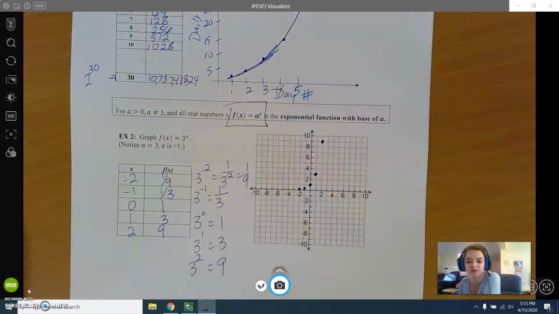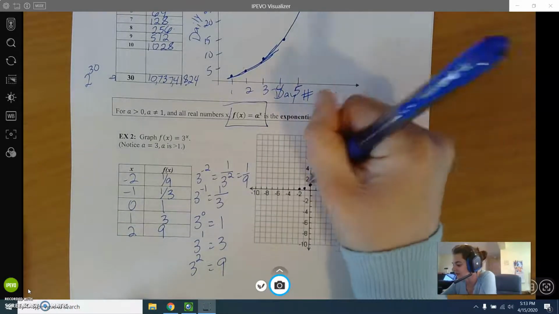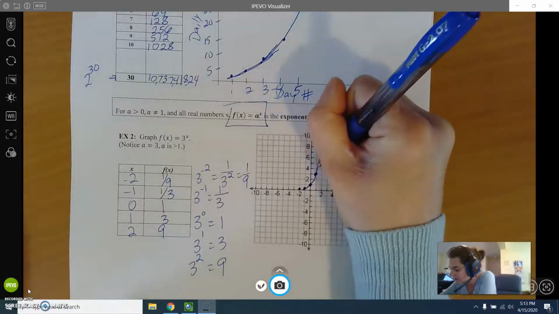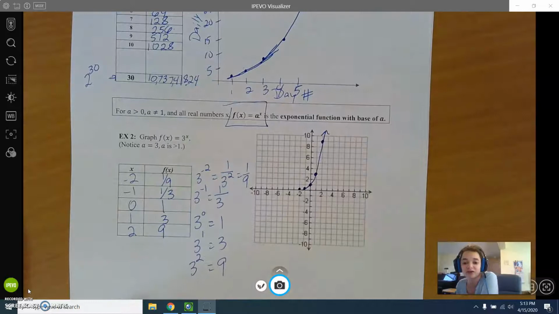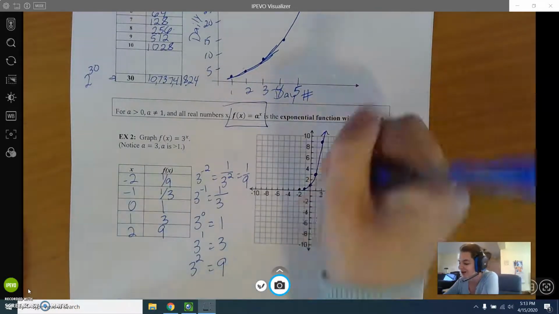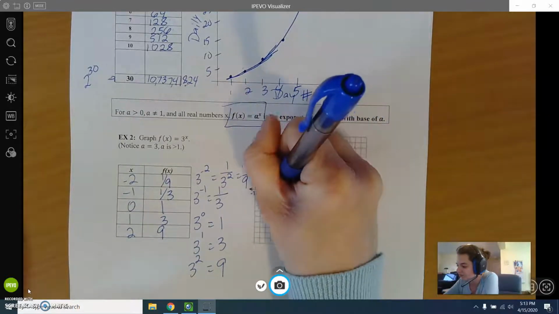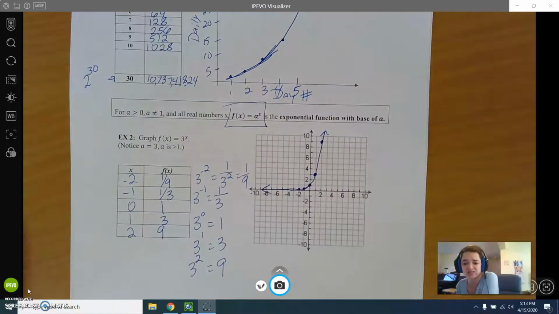Okay. So smoothing everything out, of course, on the right side you can kind of see what it's doing. It's just going to keep going up, and it's going to go up very, very quickly. On the left side, well, what's it going to do? What it's actually going to do is it's going to get closer and closer to 0 without actually touching it. So in this case, that x-axis is called an asymptote. It's a line that our graph is going to get closer and closer and closer to, but it won't ever